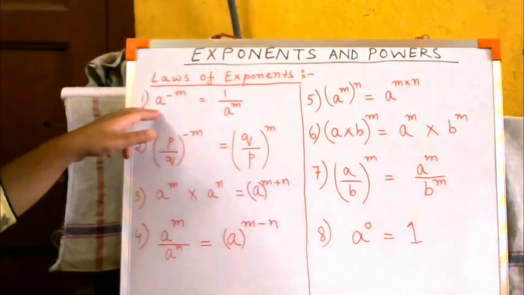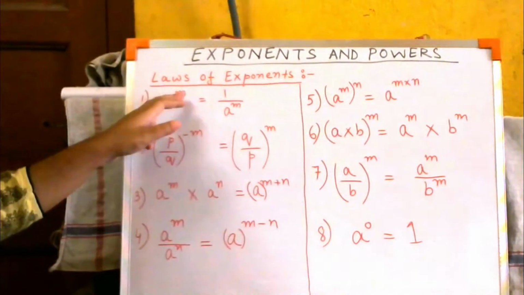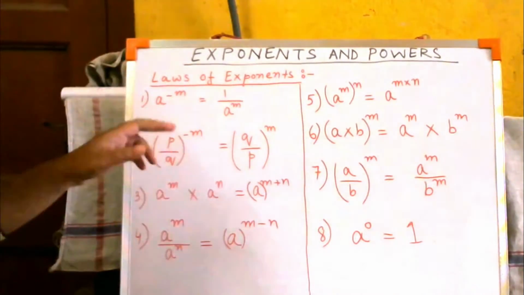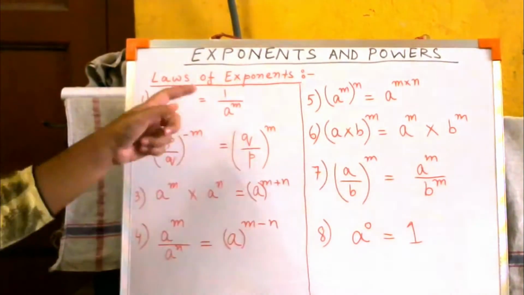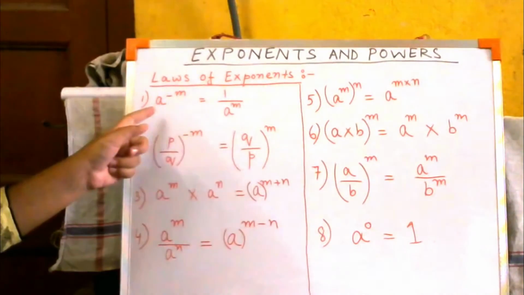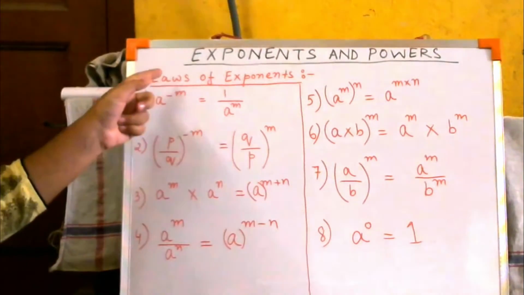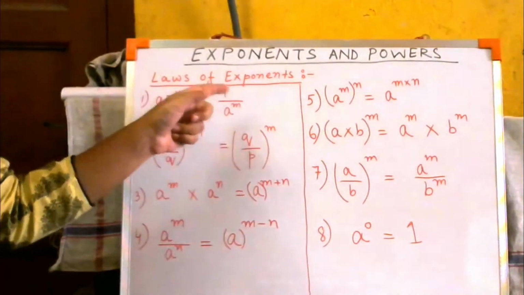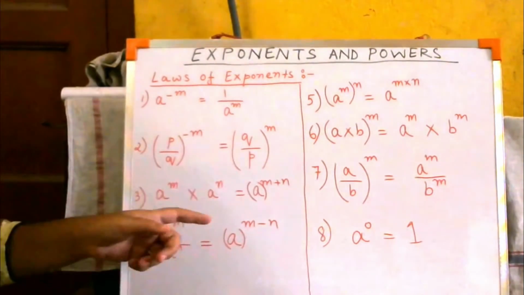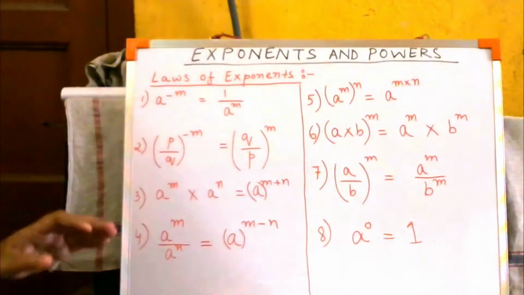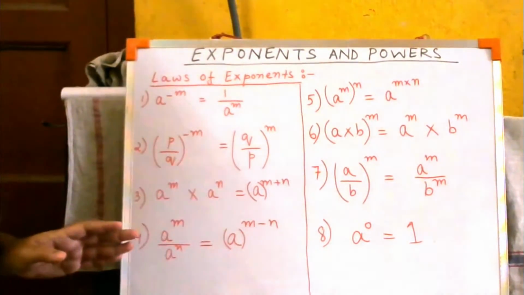Okay, so a to the power minus m. What if there is any number whose power is negative? What does that imply? It implies that it is equal to 1 by a to the power m. It means the inverse of any number is in negative form. That is what the first law of exponent is trying to say: a to the power minus m equals 1 by a to the power m. You will write down all these laws of exponents in your maths copy. Please write it down and memorize. These are very important for you to do the sums further.